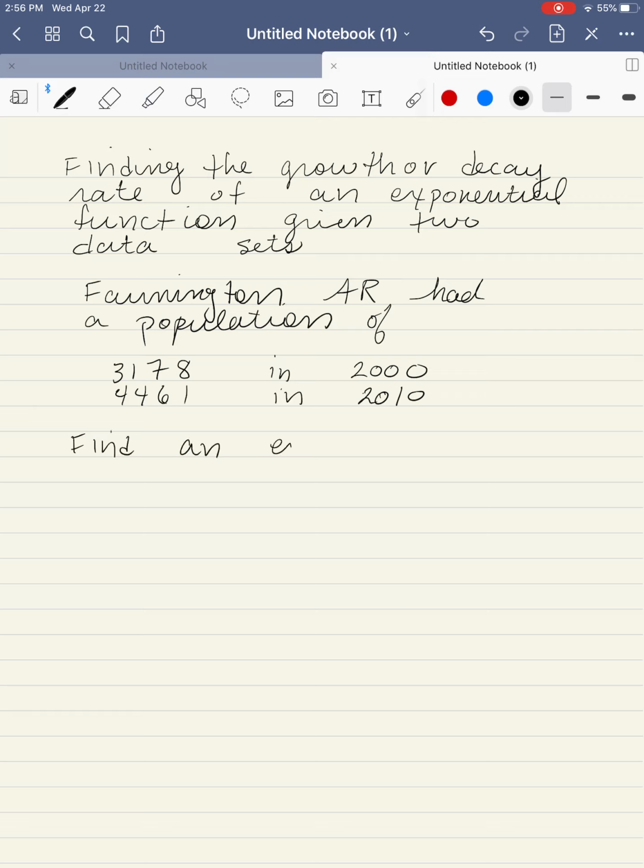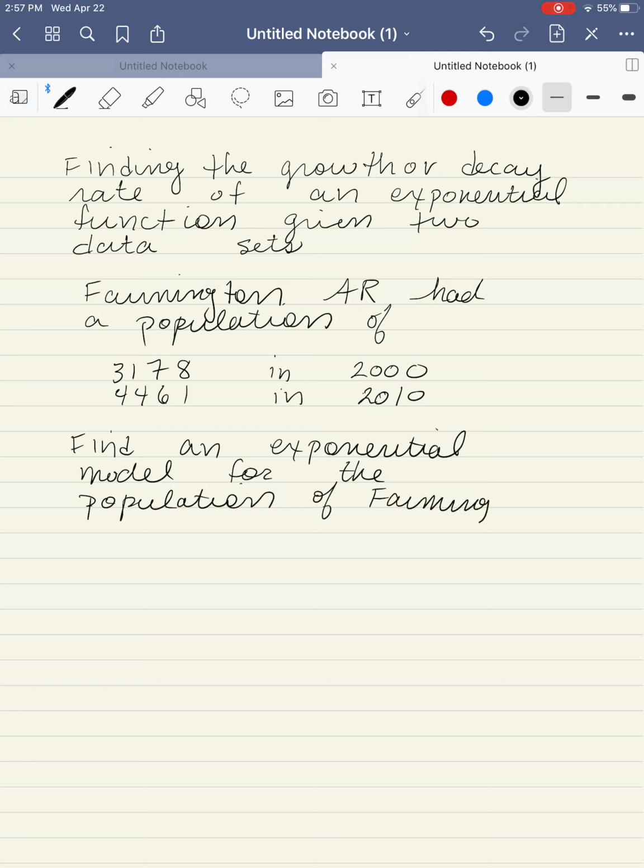And these are both taken from census data. And what we want to do is find an exponential model for the population of Farmington in year T,